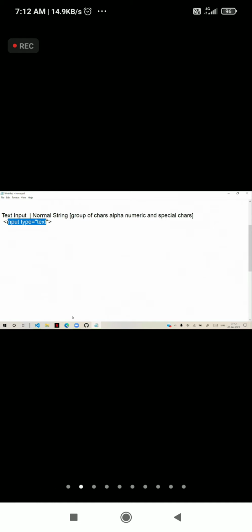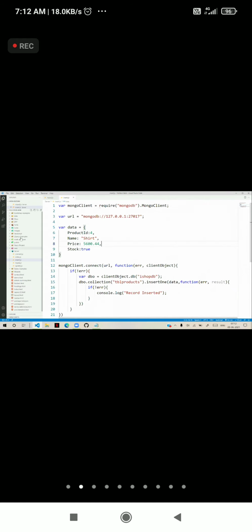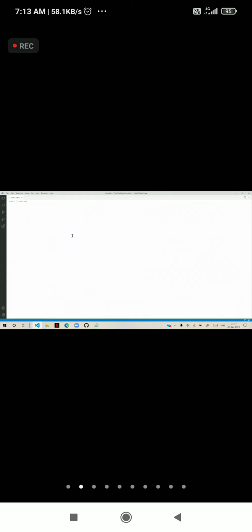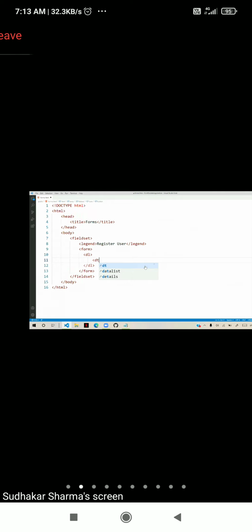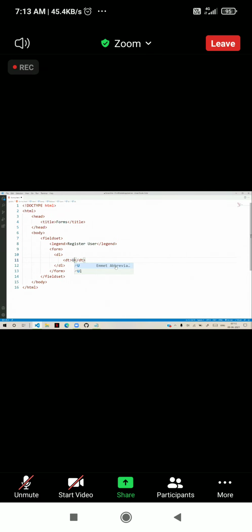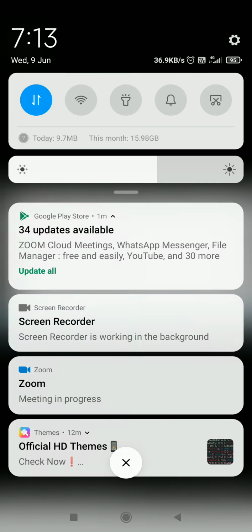So let's create one here. So many options are there; we will see one by one. So let's access our application and design a form here. I am just creating an ordinary form, and here we will create a data list with the data term as username. So data definition, input type is equal to text. Okay.